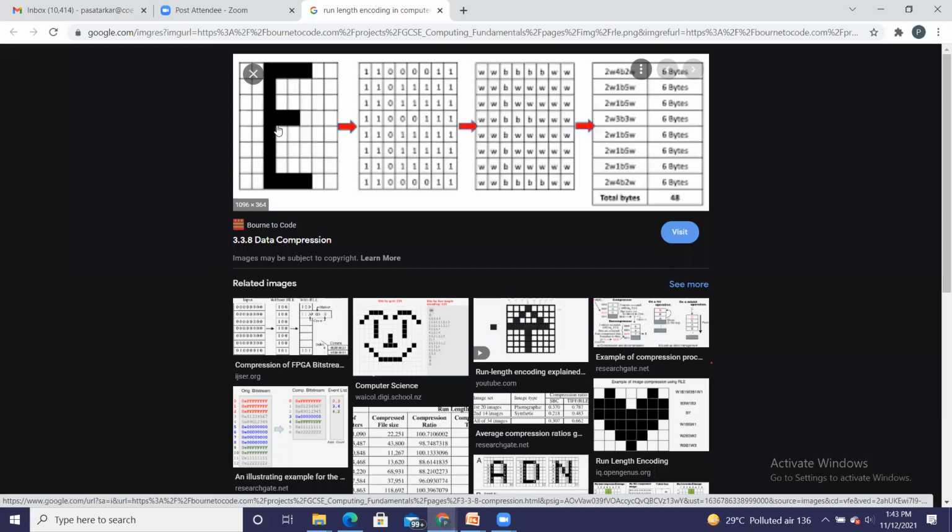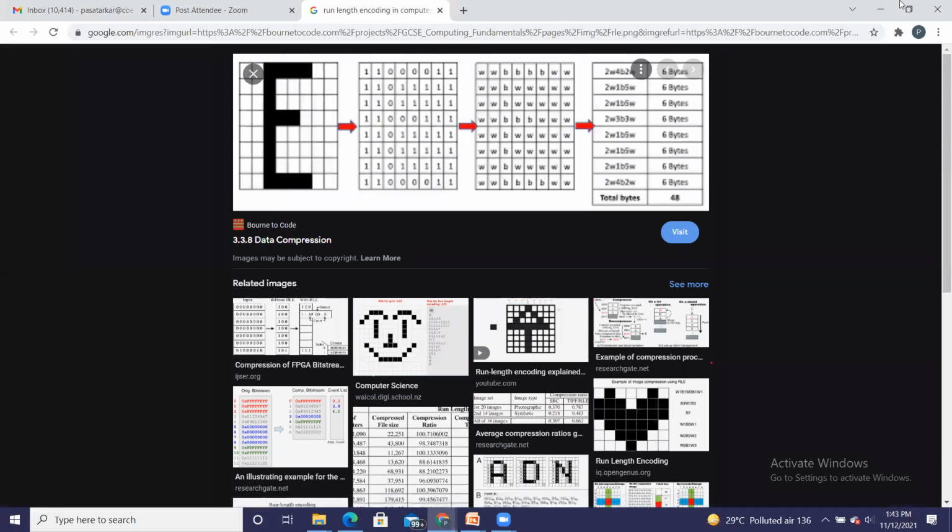Yes, ma'am. Okay. So I want to draw this E onto the screen. The information which is there on the screen is stored somewhere. This information is stored in the memory, in terms of a buffer. So this is your frame buffer, which is of equal size to your screen.